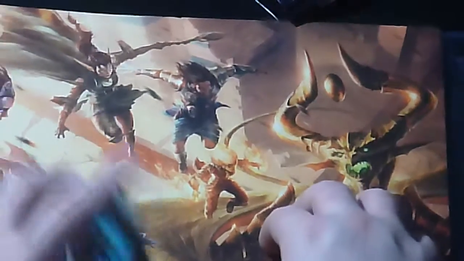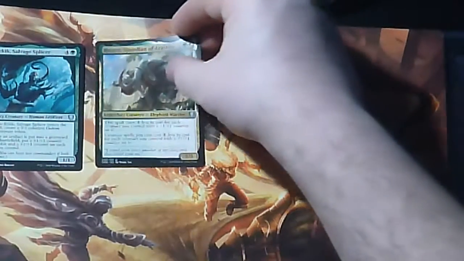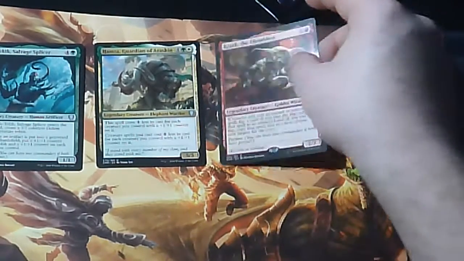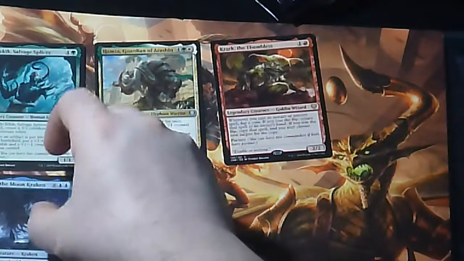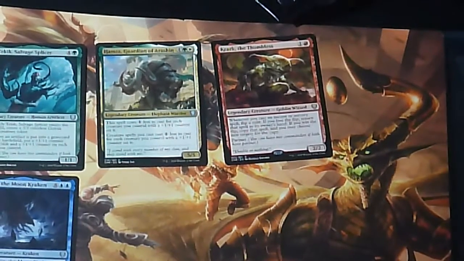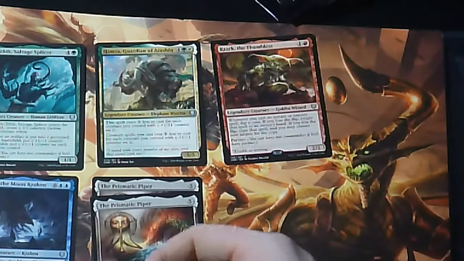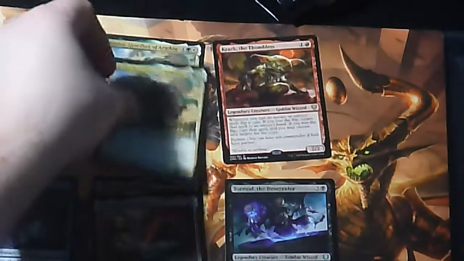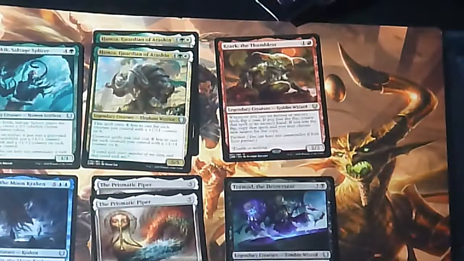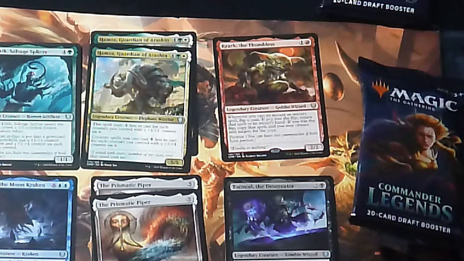And we have our commanders. Ikhtelakit, Salvage Splicer, Hazamalal, Crack the Thumbless, Brylinen the Moon Kraken, Permazix Piper, 2 of those, Tormed the Desecrator. So, there we go. That was our Commander Legends 3 booster box, draft pack